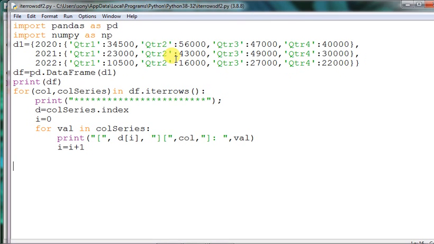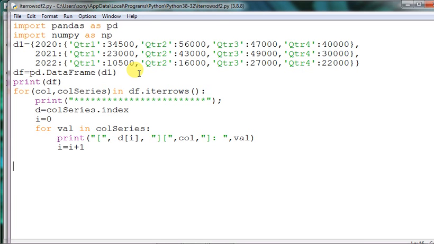Similarly, we have taken the dictionary. So here the data frame has been made from the dictionary. All right. So dictionary inside a dictionary, that is also there. This is also a separate dictionary that has been taken. So all the elements have been included in the dictionary D1 and finally it has been converted into the data frame. Fine. So that is the way. Clear?